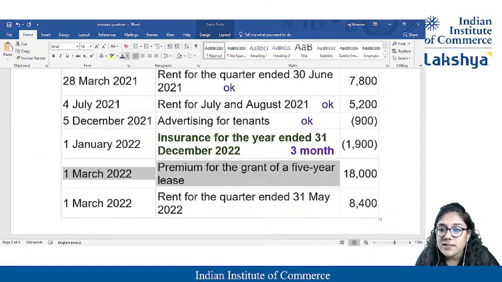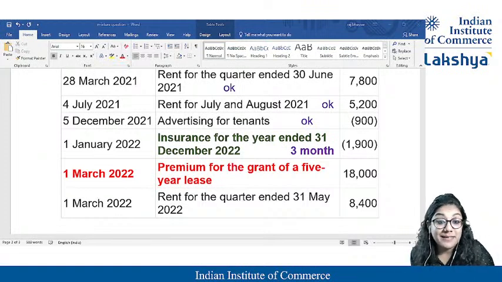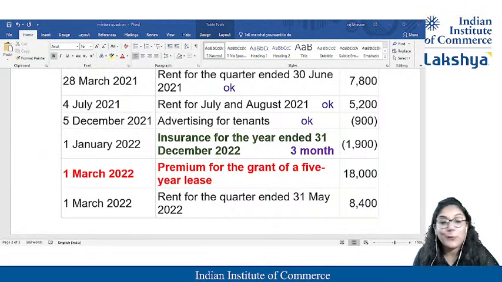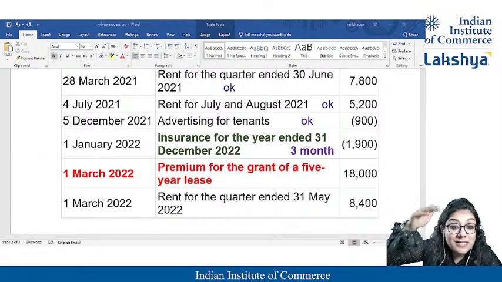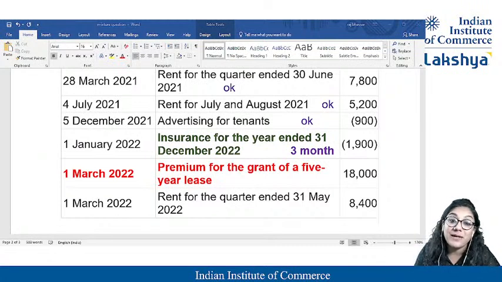Students, this is important. Why? Maybe this could be tested in your paper. Why could premium be tested? Students, this is their favorite adjustment for corporate tax. Premium, they have paid 18,000. Can I take 18,000 in full? No, they have received the premium, sorry, it's 18,000 income. But if it is for 5 years, can I divide it by 5 years? No ma'am, even that is not there. So there is a procedure, if you remember: 2% into (n minus 1) years, that much we can take. Okay, need not worry, we are going to do it in the working note.